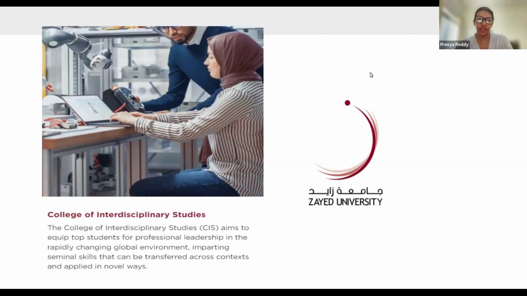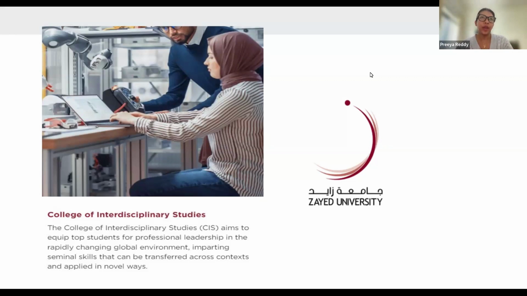Just to give you a brief introduction on the College of Interdisciplinary Studies, it's a pioneering innovation. We've only been around for a few years, and the aim is to really build students who are capable of getting jobs across different industries, critical thinkers, people that can inspire the next generation coming. So CIS is all about nurturing agile, dynamic minds, creative thinking, like I said earlier, and really a sense of being able to transfer skills across industries.